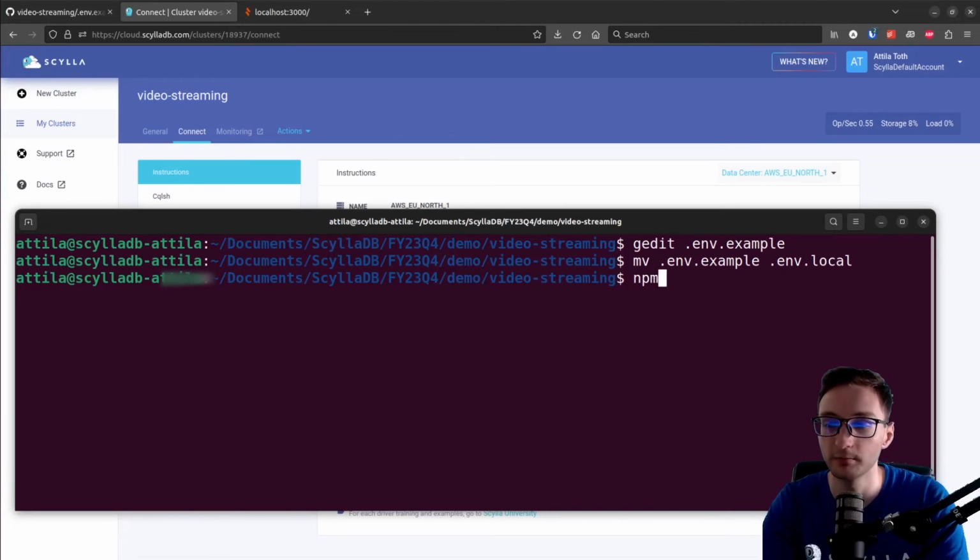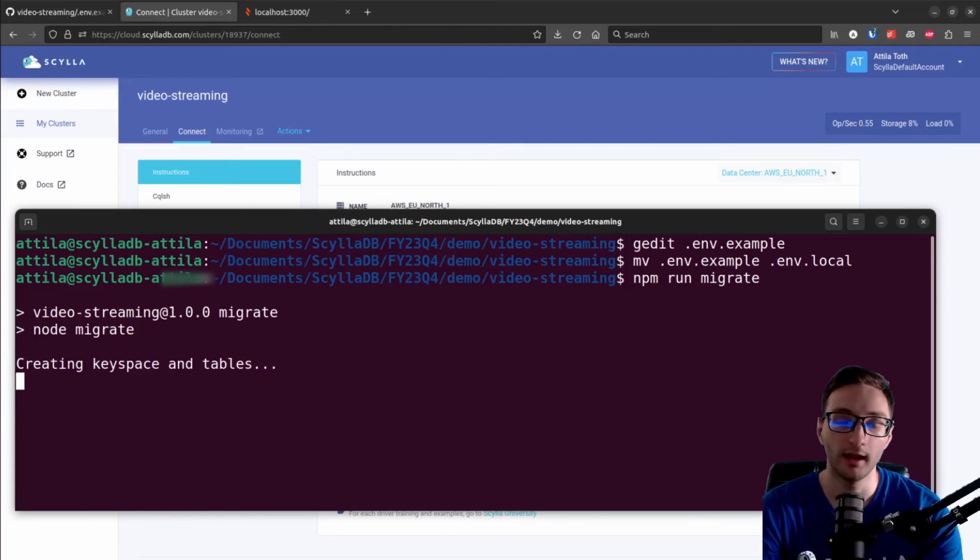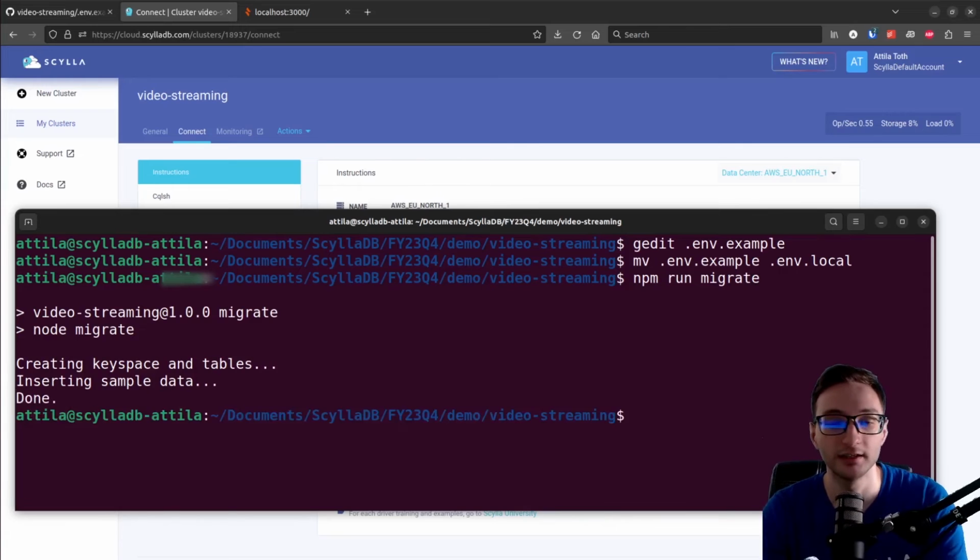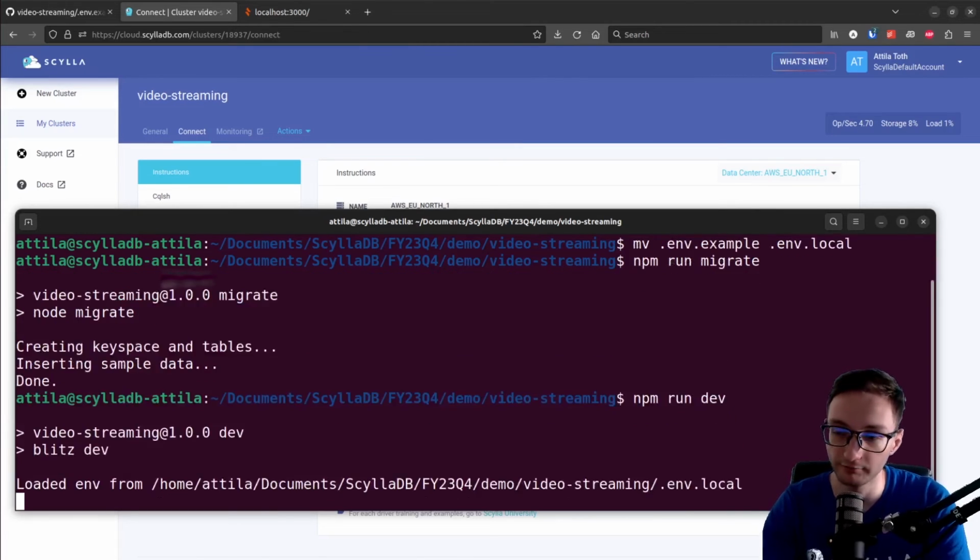So just run npm run migrate, and this will connect to the ScyllaDB cluster. It will create the key space and the tables, and it will also insert some sample data in a few seconds. So once this is done, we can go ahead and test the application by running npm run dev, and